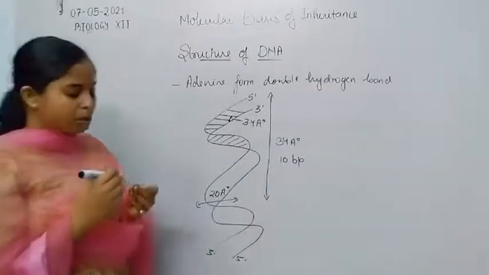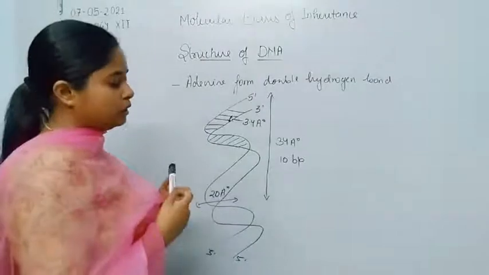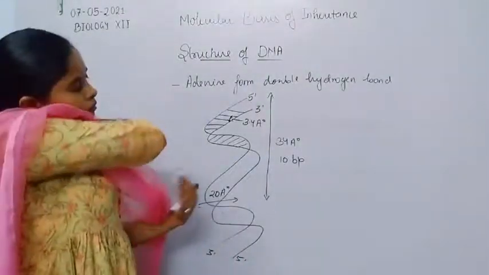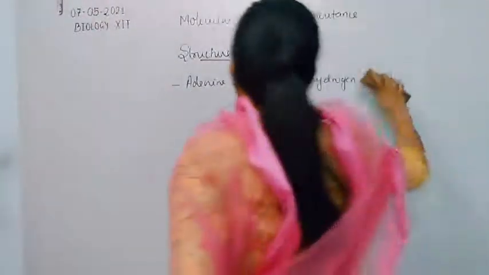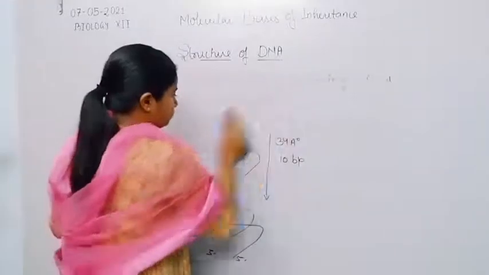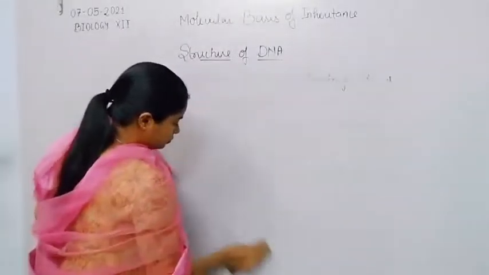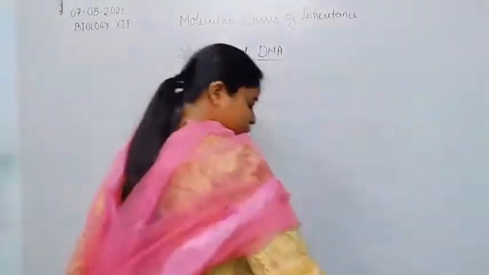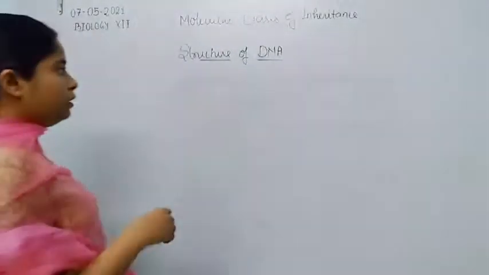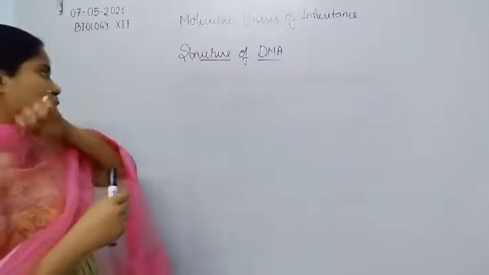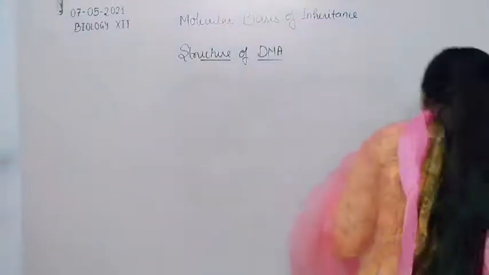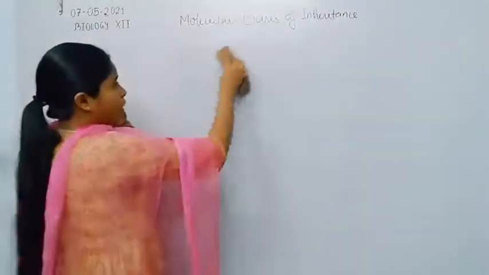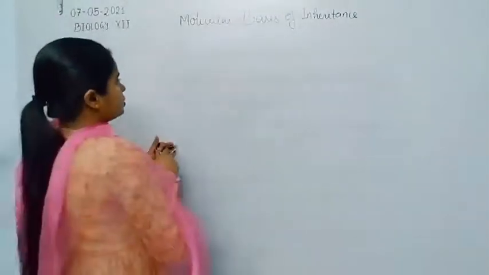So let us discuss the packaging of the DNA molecule. How does the DNA molecule pack around the histone protein to form the nucleosome, and what is the nucleosome model of the DNA molecule? Now if we draw the structure of the DNA molecule, the nucleosome model, the packaging of the DNA molecule in the chromosome: how is the DNA molecule converted into the chromosome molecule? So start with the previous knowledge.